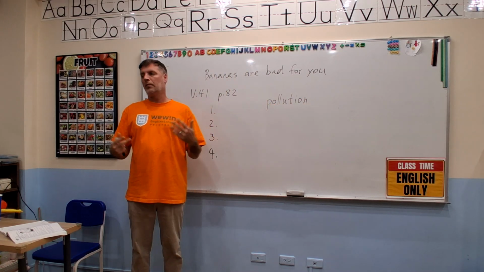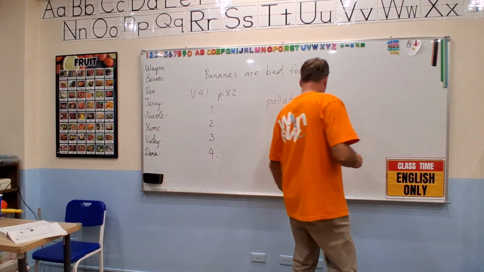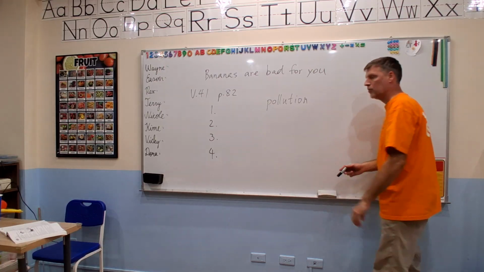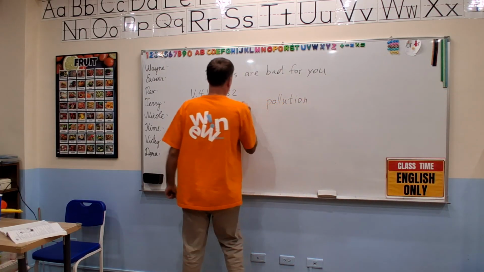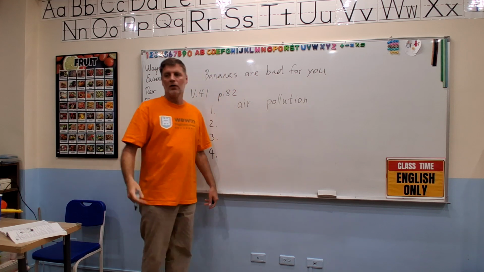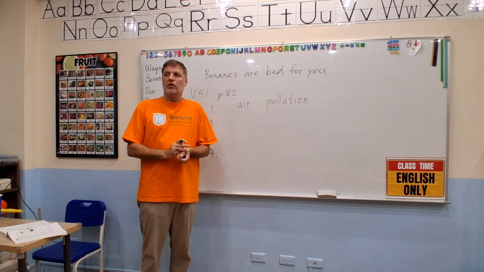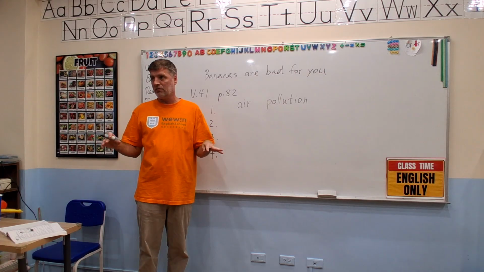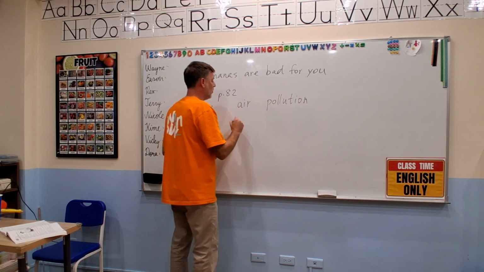Is pollution good or bad? Bad. In Taiwan, what is our problem in the winter? What do we have? Very bad pollution. Air pollution, right? What is air pollution? Air. The air pollution is very, very bad. If you go to Europe, if you go to Germany, the air is very, very good. You can see very far. Here you have air pollution. You can also have